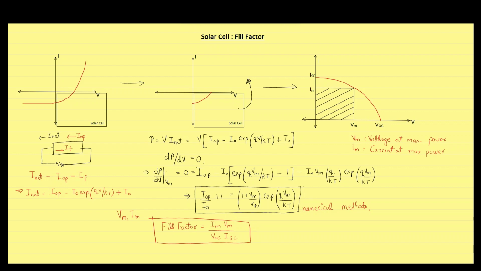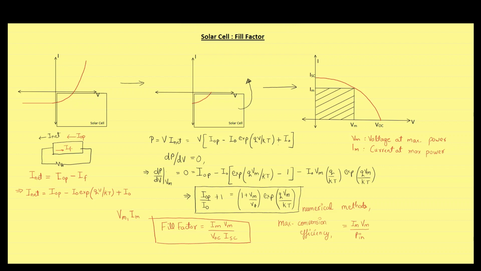In the previous lecture, we saw some parameters like responsivity, external quantum efficiency, and conversion efficiency. All these were general, but the fill factor is defined only for the solar cell. The expression for maximum conversion efficiency can be defined as current and voltage values at maximum power divided by the